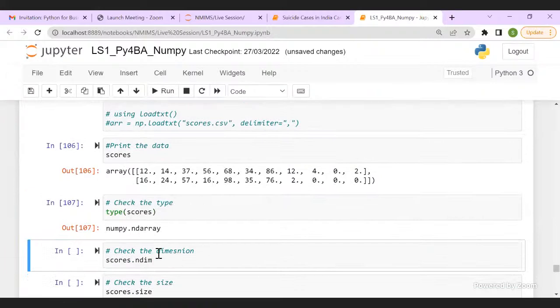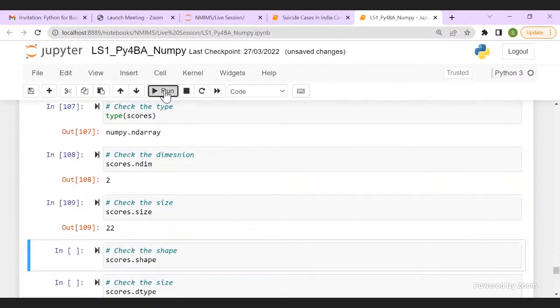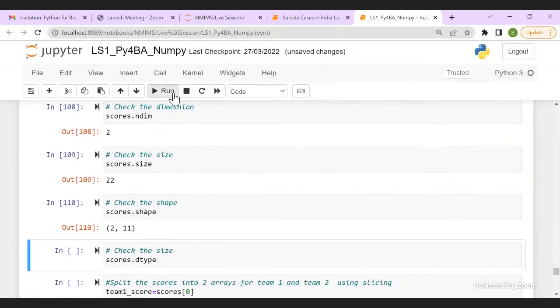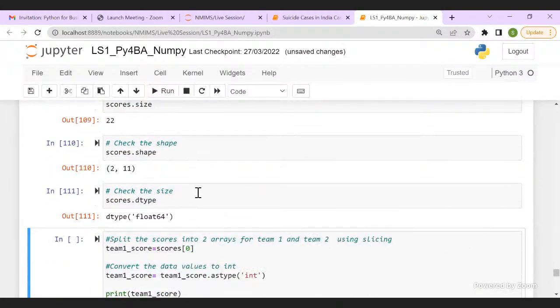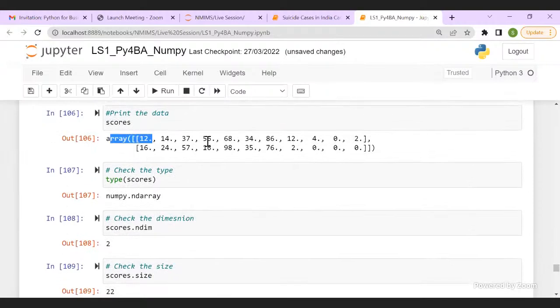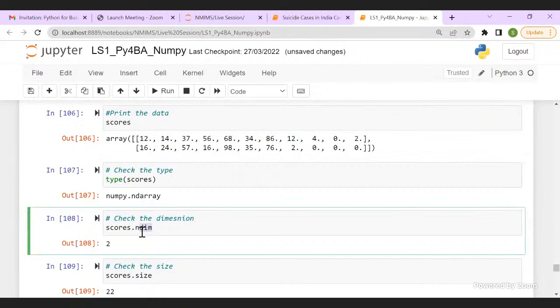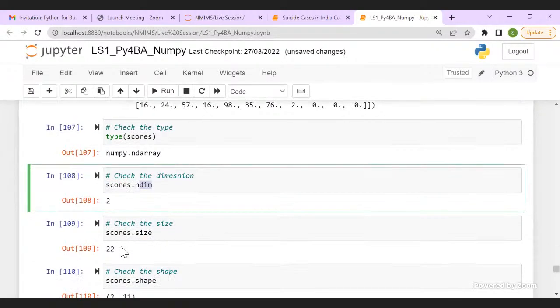So we have loaded an ndarray. The dimension is 2, it is a 2-dimension array. We have a total of 22 points. The shape is (2, 11). The data type is float. So whatever we learned about the attributes, we applied on this array. My dimension is 2, the size is 22.